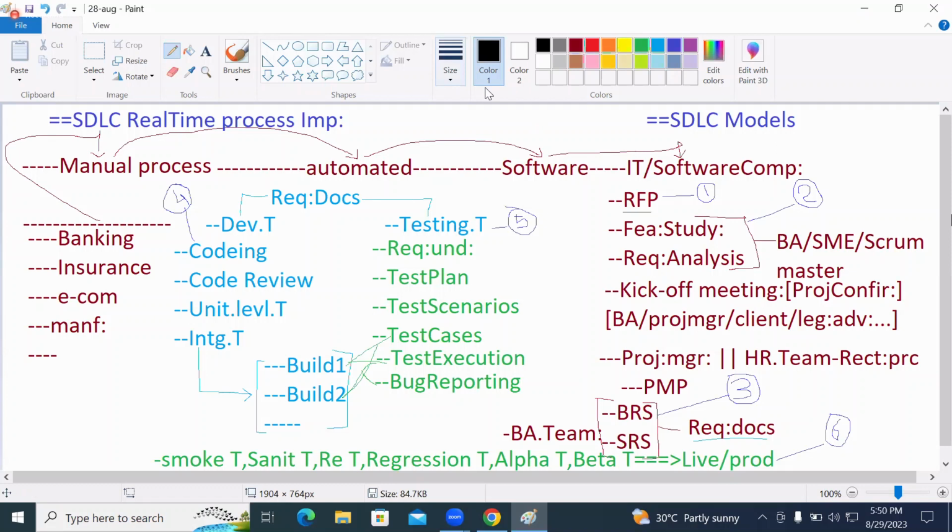Meaning of RFP? What is it? Request for proposal, or requirement for proposal. So you are providing that proposal document. The IT companies need to refer to that proposal document. Once they refer to that RFP, based on that RFP,